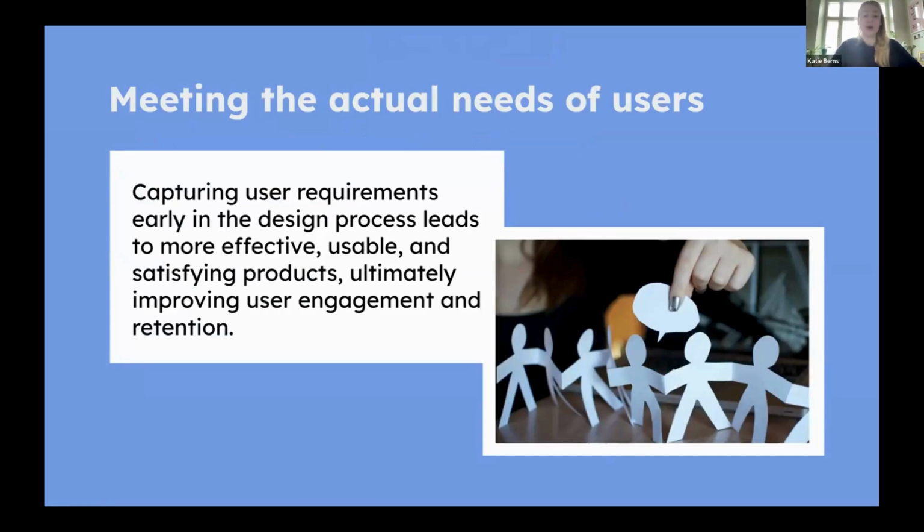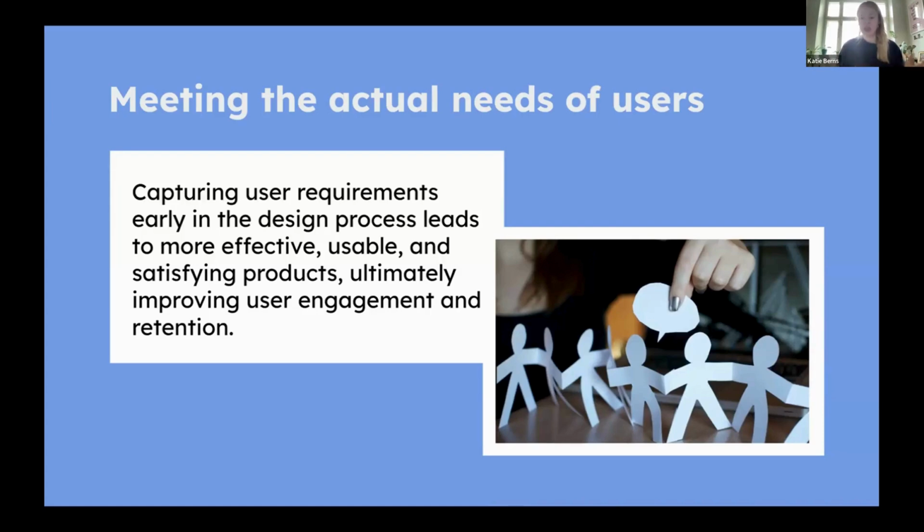And of course, the whole idea here is to meet the actual needs of the users. We know when we're designing tools and systems ourselves, we're going to rely a lot on our own assumptions, and those come along with our specific expertise through our work processes, but also our understanding and knowledge of using systems in our own daily lives. And so a lot of assumptions and experiences and needs are built up through that.